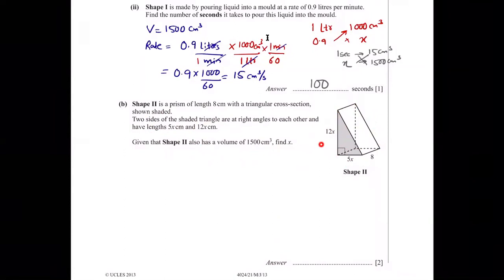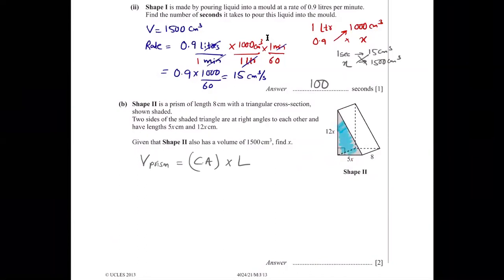So, do you agree that this is a triangular prism? What is the volume of the prism equal to? The general formula for the volume of the prism is the cross-sectional area of the prism, okay, CA stands for cross-sectional area, multiplied by the length. What is the cross-section of this prism? What shape does it have? What shape is the cross-section? Rectangle or square? Triangle, and it's a right angle triangle.